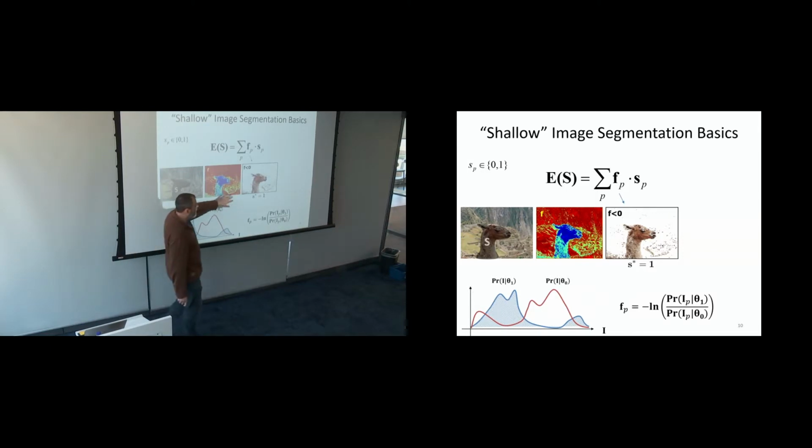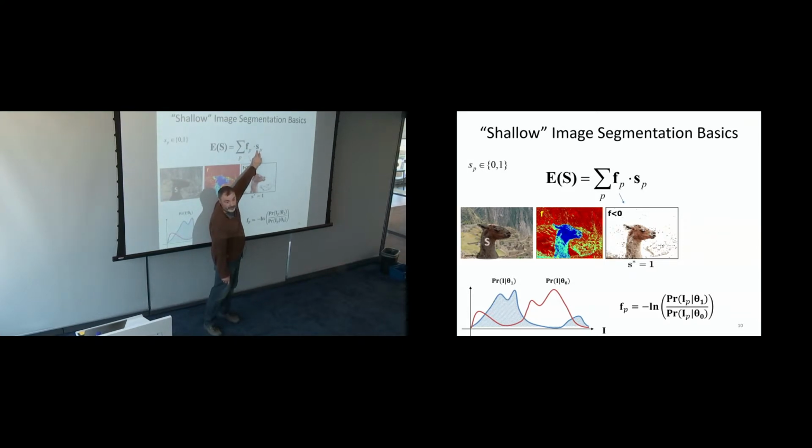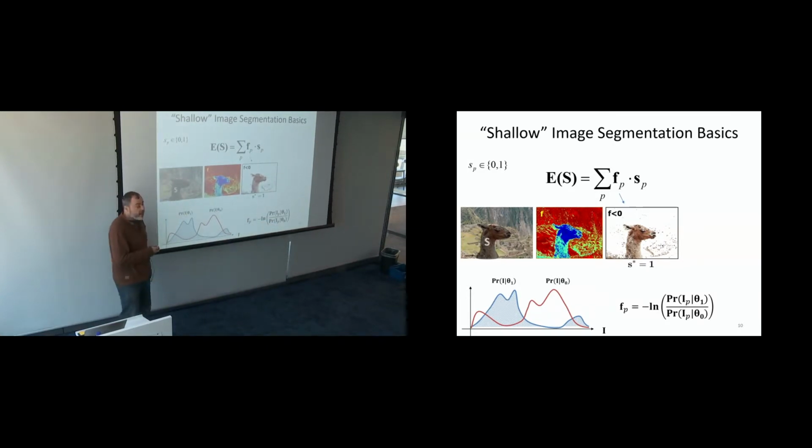And why is this an optimal solution for that? Well, it's very easy. It's an objective where you can optimize individually over the pixels. Notice that if FP is negative, then you would choose SP to be 1, because that reduces the value of the objective. And if FP is positive, you would choose 0. That would overall give you the lowest possible value of the objective. So it's very easy optimization. It's a linear objective function, so you can write it as an optimization, or in fact, it's just a log likelihood ratio test. But the reason I formulated this as an objective function is because it's not enough.